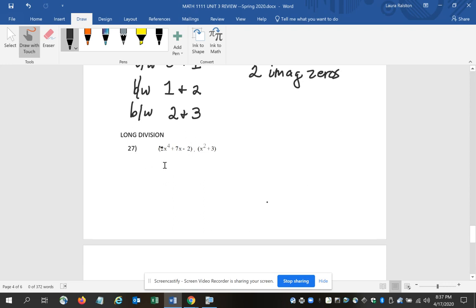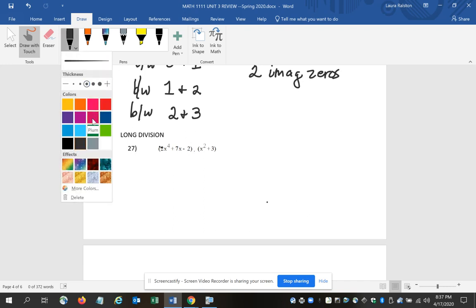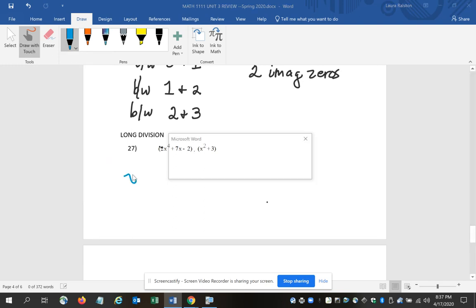Okay, so let's look at 27. We want to do 2x to the 4th plus 7x minus 2 divided by x plus 3. Now, there's a couple of things to remember here, guys, that are super important. Remember that both your dividend and your divisor have to be in descending order of exponents with no missing terms. So when I look at that divisor of x,